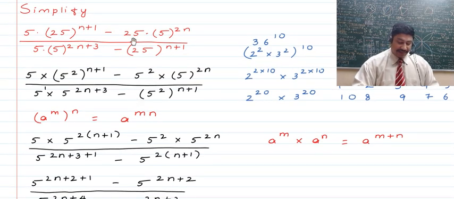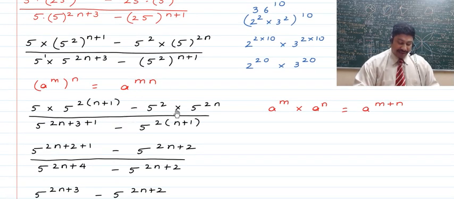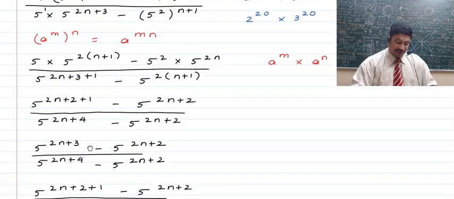Next here, similarly, this 25 is written as 5 raised to the power 2, right? And this 25 is also written as 5 raised to the power 2, and their powers are multiplied using this rule, right? So next step now, we simplify all of this using this rule, that is a raised to the power m multiplied with a raised to the power n will become equal to a raised to the power m plus n, right? So thus here we have 5 raised to the power 2n plus 2 plus 1, right? That is 5 raised to the power 2n plus 3.